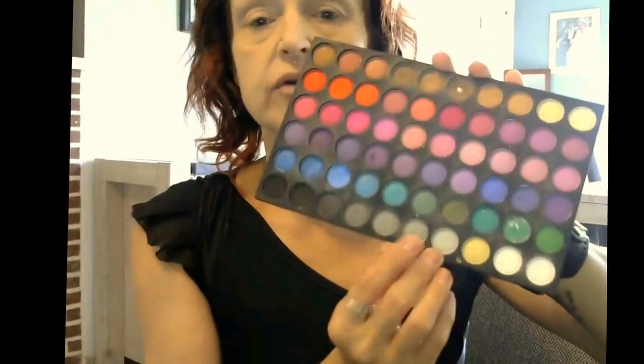To do my crease, instead of using, as I normally do, a beige or any other color, I am going to use a light gray, because black and white mixed together is gray. So I'm only using tones like that, and I am going to use this toothbrush, which is pretty big for an eye, and in the crease,